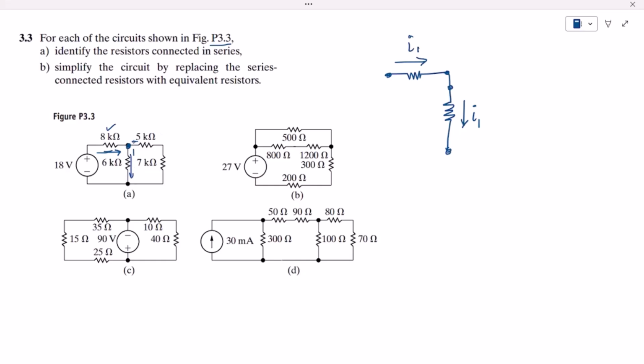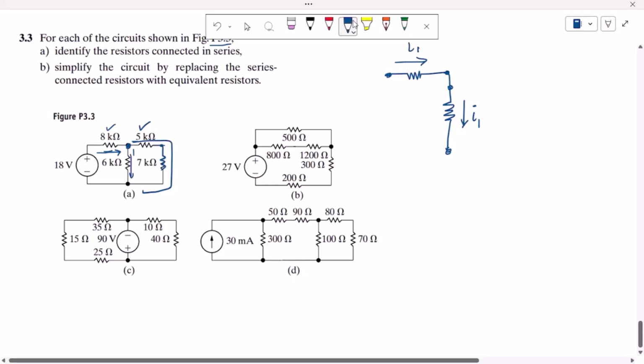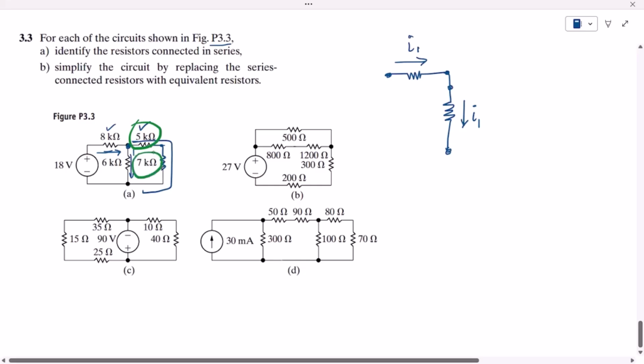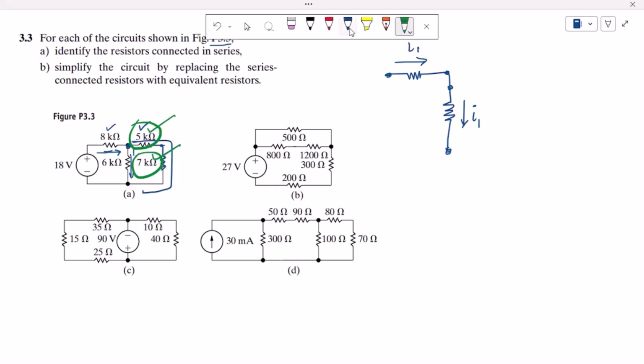And the other current, this is the current which is flowing through the 5 kilo ohm resistor, and the same current will follow this route and it will flow through this 7 kilo ohm resistor. So we can see here that these two resistors, 5k and 7k, are in series with each other because the same current is flowing through them. Okay, so we can see that this and this, these two are in series with each other. Okay, similarly